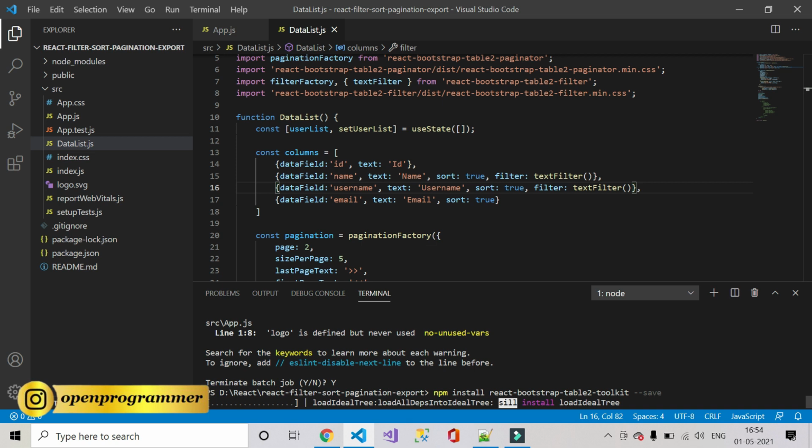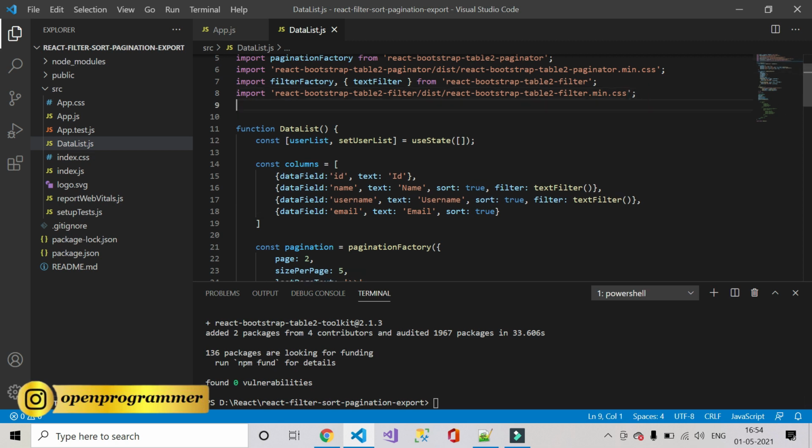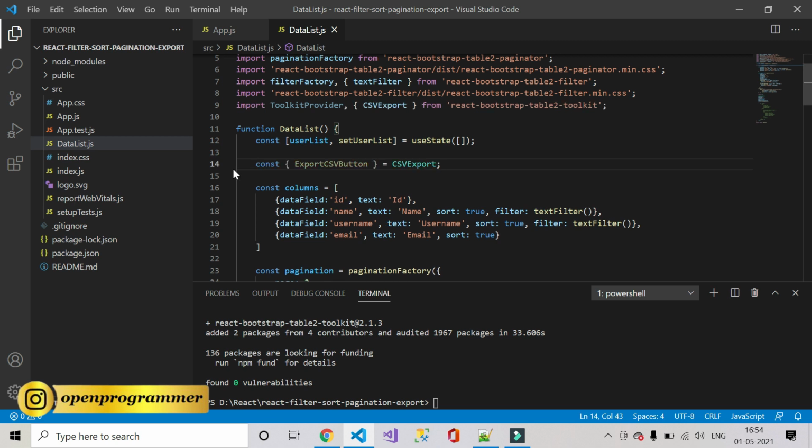It will install all the dependencies and files and folders for the export option. So the package has been added. Now we have to import our toolkit provider and CSV export from this package, and also create a variable for CSV export. From the CSV export we are extracting this export CSV button.